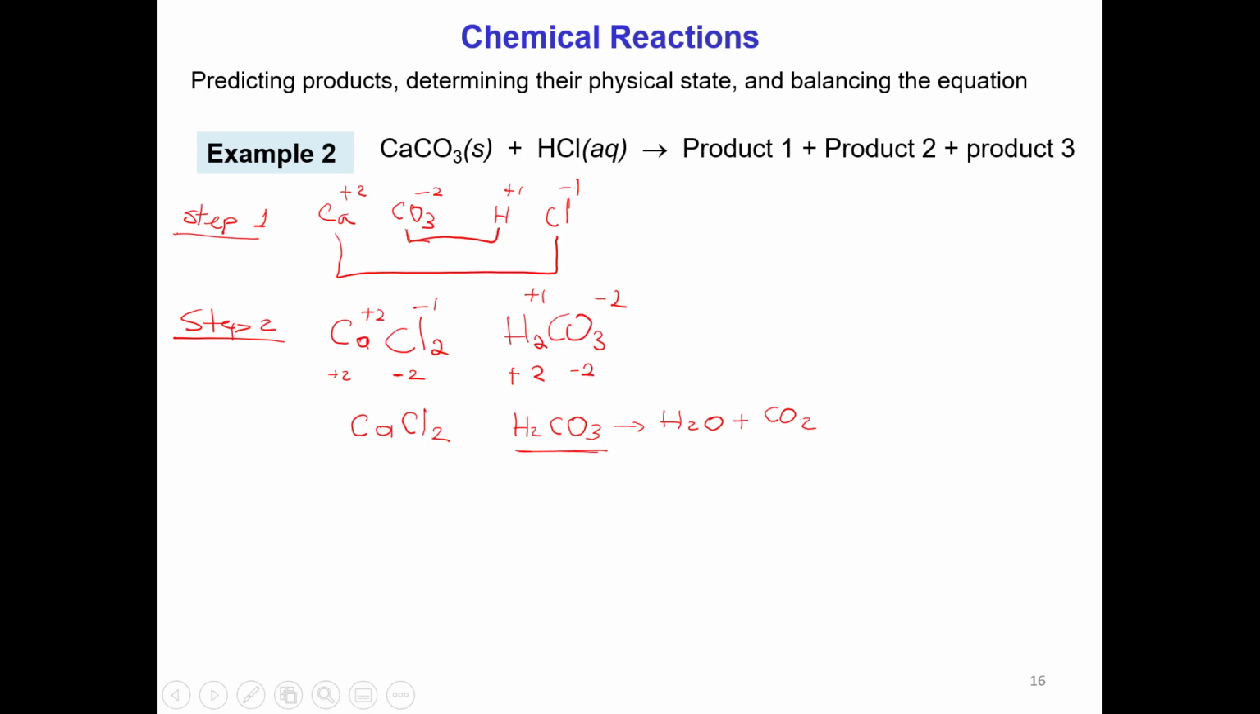Let's write the complete equation and let's write the full equation and complete the 2 steps. And we had calcium carbonate, hydrochloric acid, which is AQ, and we should get calcium. Let me get some space here. Calcium plus